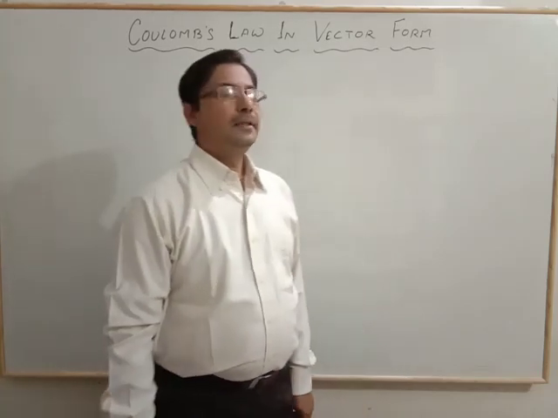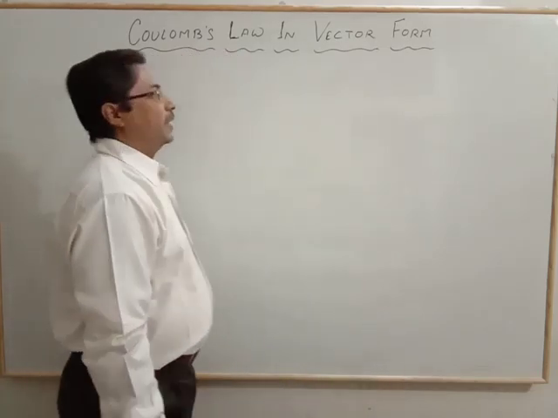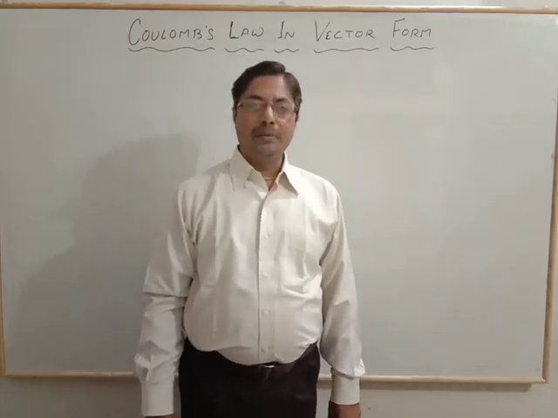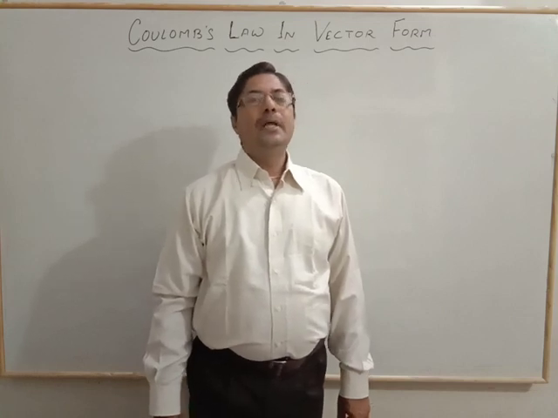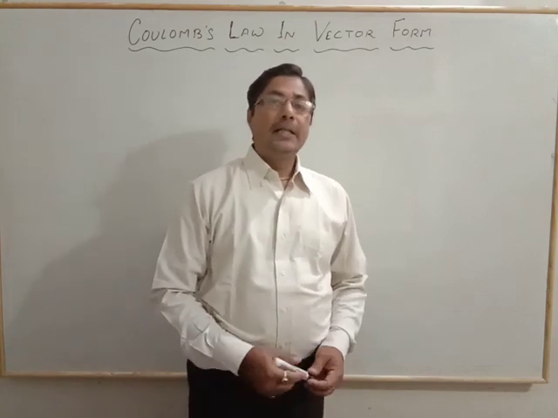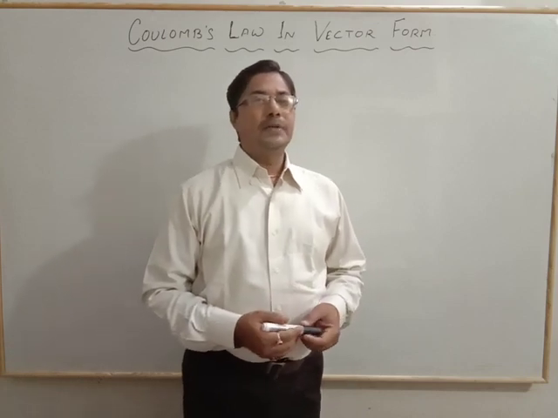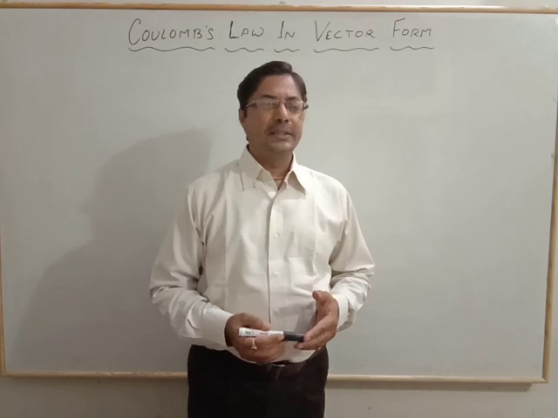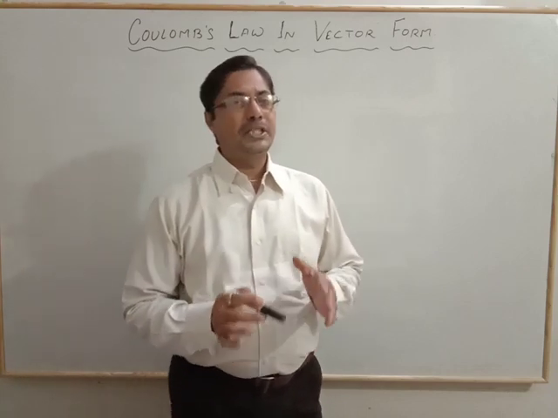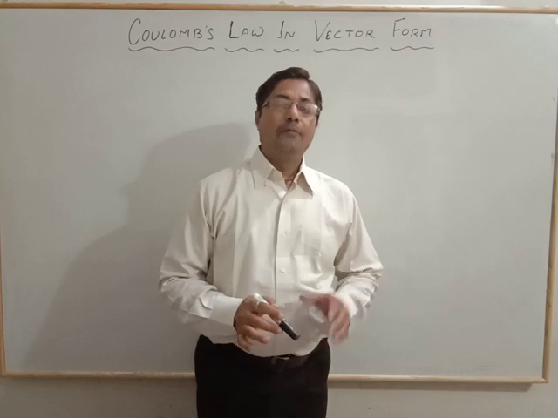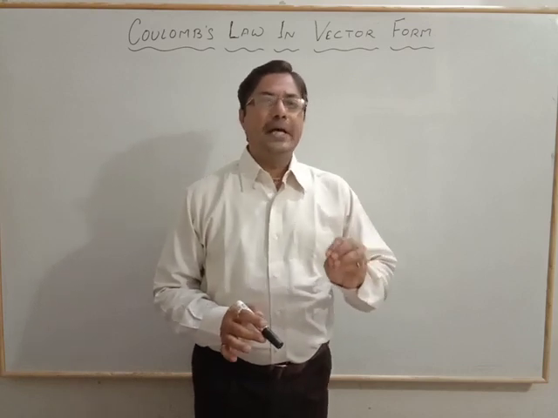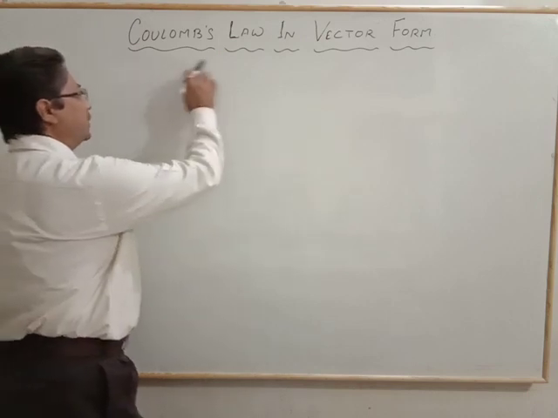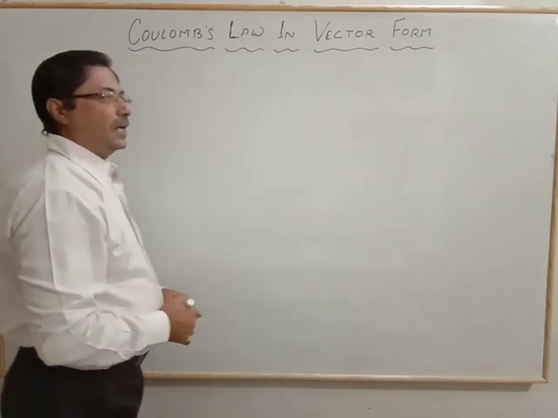Today we will see the topic, Coulomb's law in vector form. In the previous class, we came to know about the Coulomb force, that is the electrostatic force, and that Coulomb force gives only the magnitude value. We know that force is a vector quantity, which means it must have magnitude as well as direction, and force can act in any direction. So in that case, how does Coulomb's law also get represented in vector form?